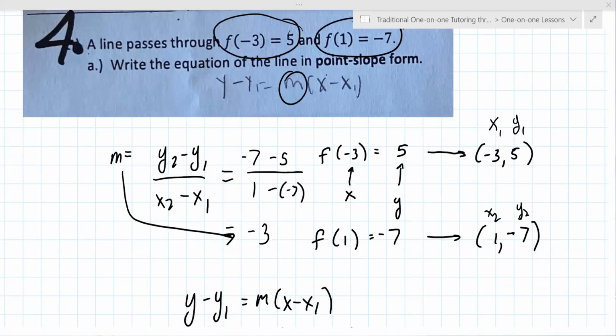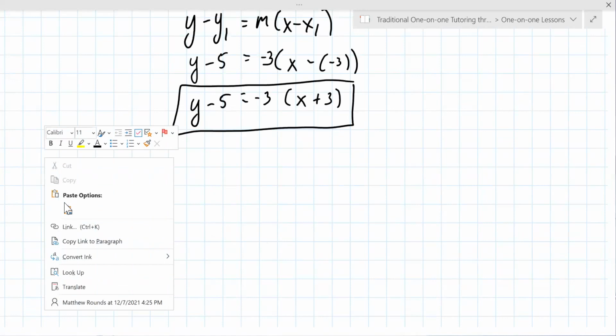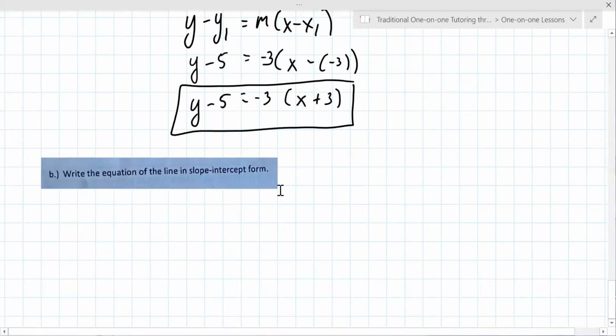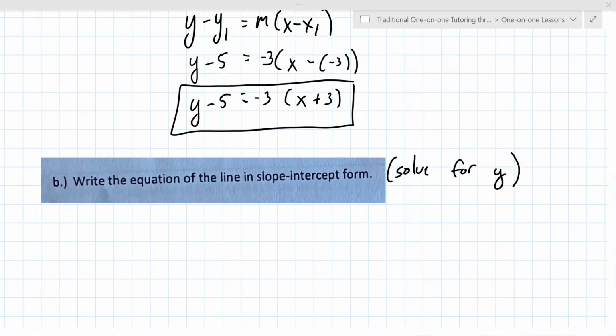Oh, okay. So part B is what you just asked me. It says to write it in slope intercept form. Another name for slope intercept form is solve for y. All right. So you distribute the -3 to both, you add 5 to both sides, and then you gotta get